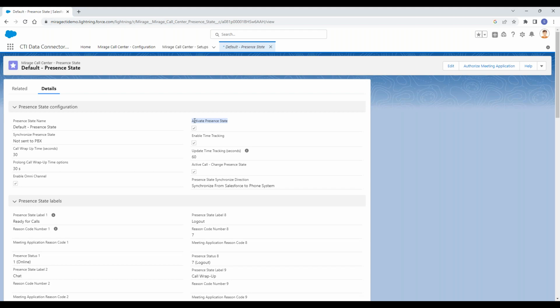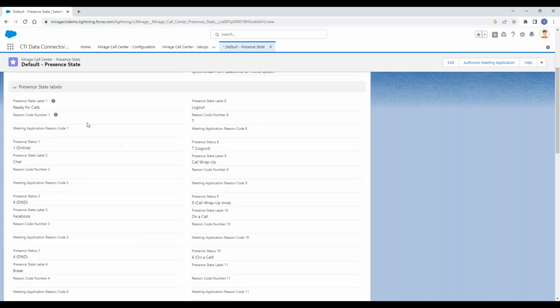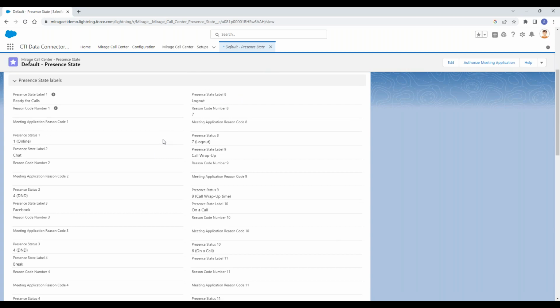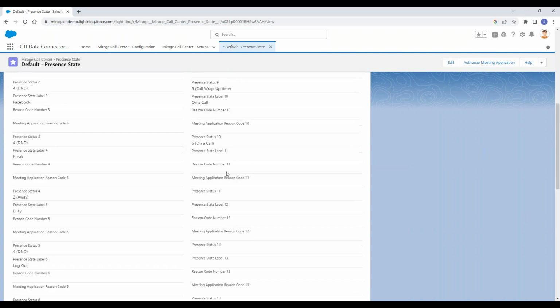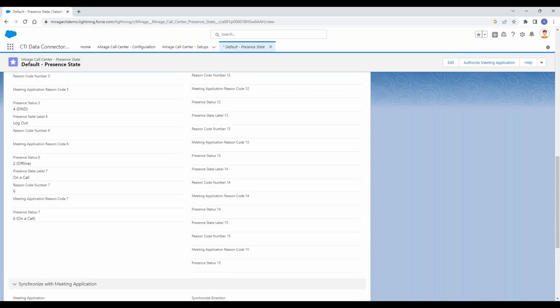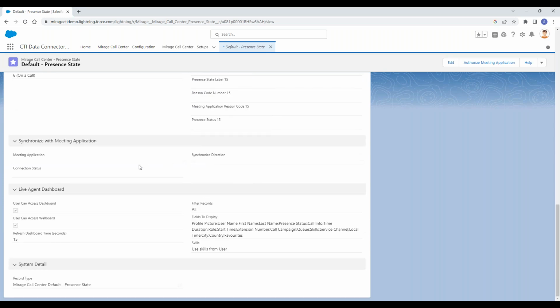So this is important that this activate present state is set and that the active call change present state is set as well. The present state labels, you can always change them, but they are not essential for activating the live agent dashboard. The other important settings are here at the bottom,